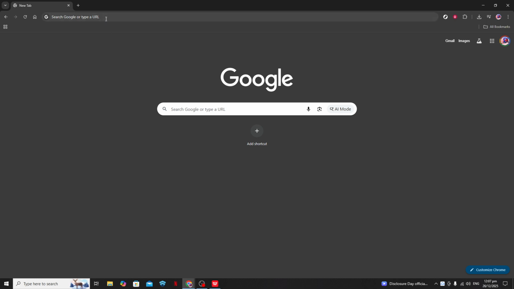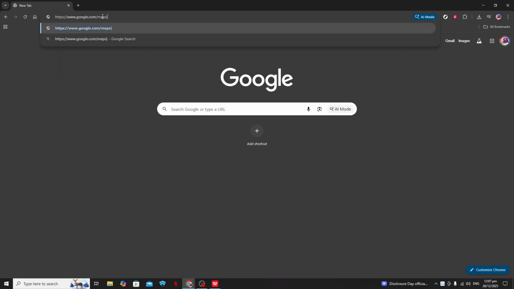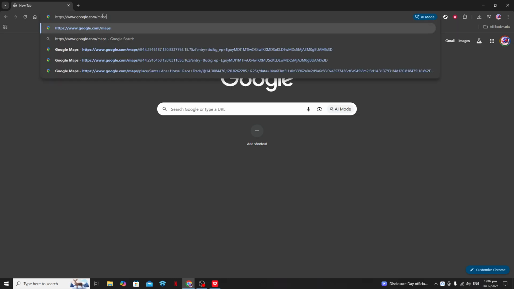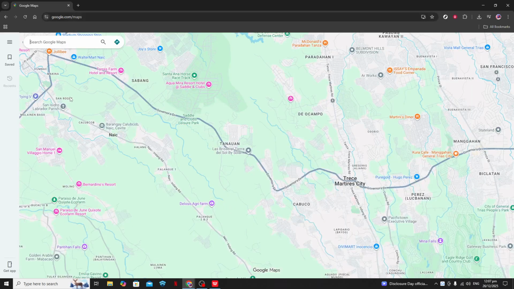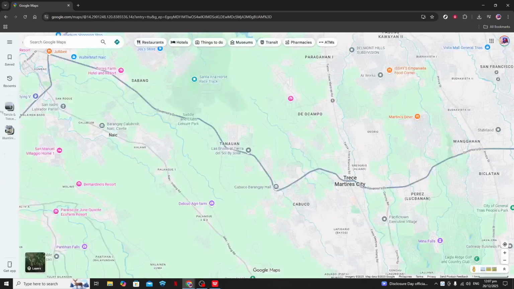First, open your preferred web browser and go to the Google Maps website by typing in maps.google.com. Make sure you're signed into the Google account that you use on your phone, the one that's tracked your locations, since the timeline data is linked directly to each Google account. If you're not already signed in, look for the Sign In button in the top right corner and enter your